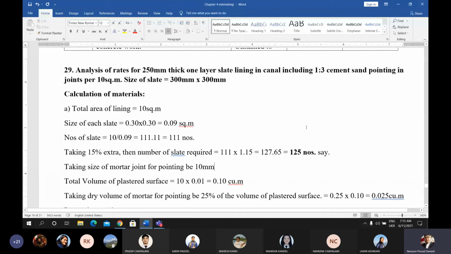Or 150 per number, 100 per number or 150 per number, and you will get the cost of the slate, 125 into 150 or 100. You will get the cost of the slate. Now,